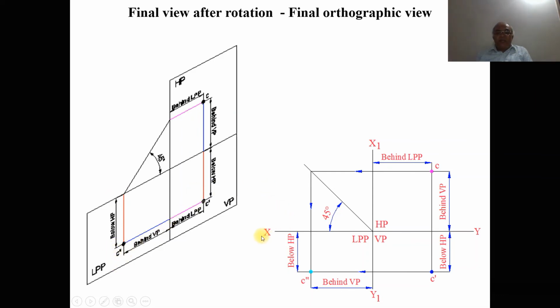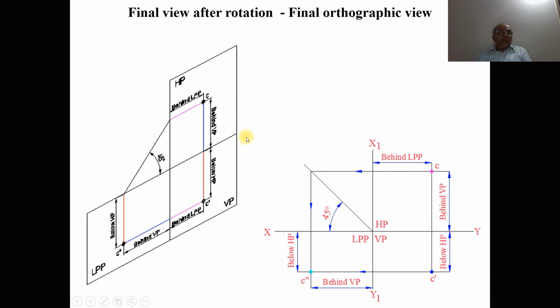So when you are trying to write it in orthographic view, first we are going to draw this line, which is going to become XY, and this line is going to become the X1 Y1 line. So that is what we have shown here. So this is XY and this is X1 Y1. HP is above and VP is below the XY line, LPP is left of the X1 Y1 line, and it is always with respect to VP, that is HP, VP and LPP. Then the distance with respect to the profile plane, that is behind LPP, is seen in HP and also in VP. So you are going to get this line.